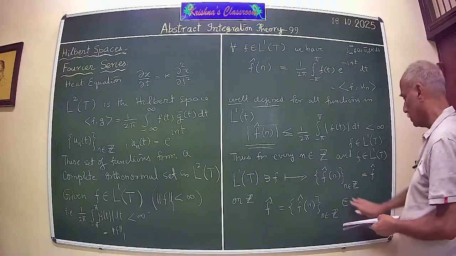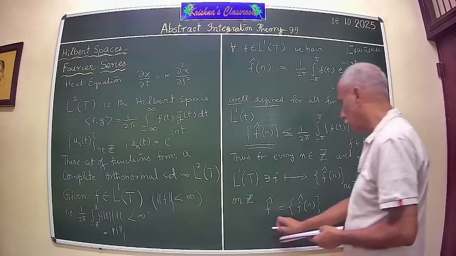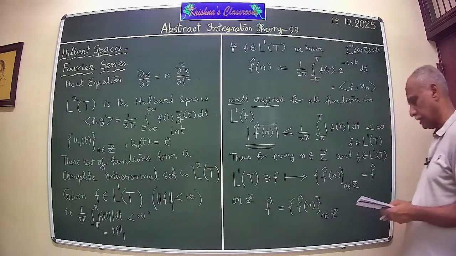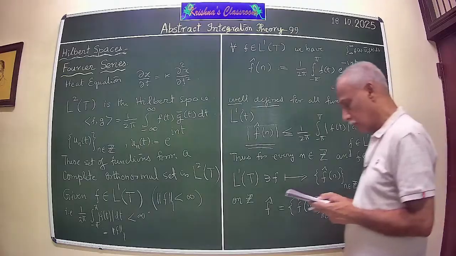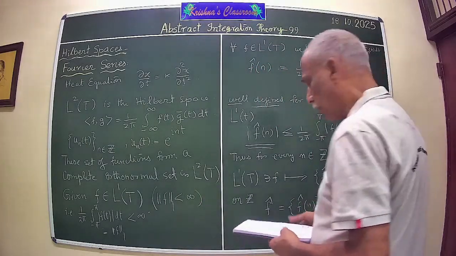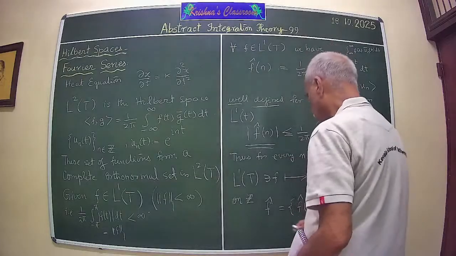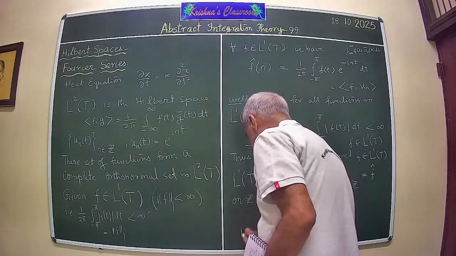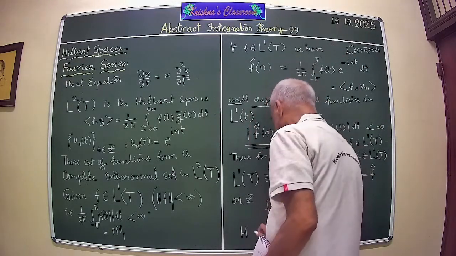Okay, so this is the identification. Okay. Now what we do next is this. Of course, you recall this result that what we have proved is if H is a Hilbert space,